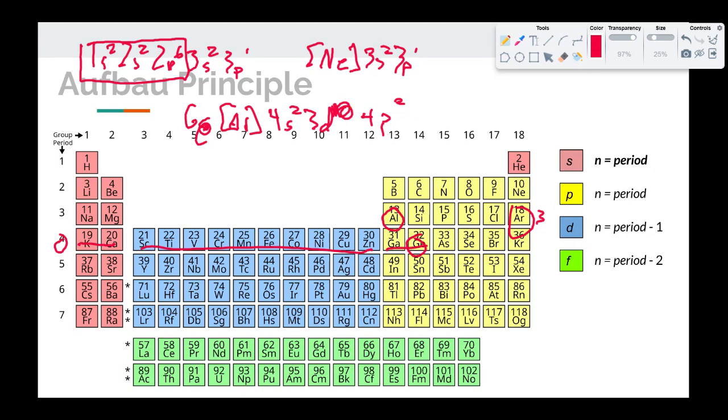And you can do that also with orbital notation. So for example, if we wanted to do orbital notation for aluminum, we could do neon, and then we'd have our 3s orbital, and then we'd have our 3p orbitals with 1 electron in it. So you can use shorthand notation that way too.